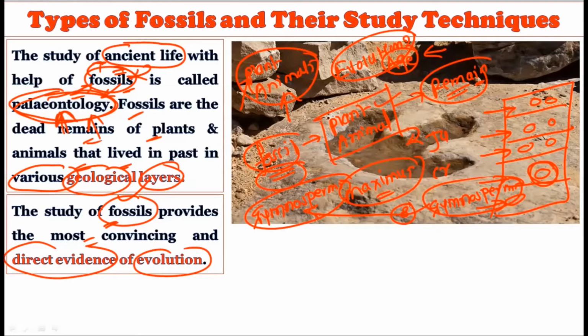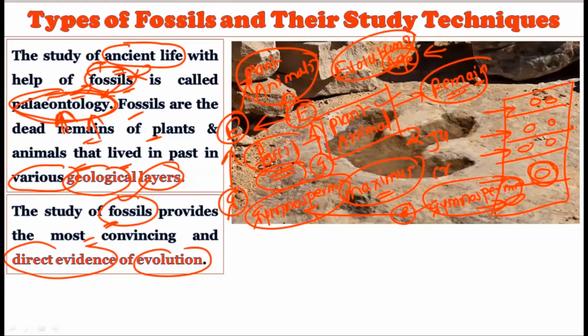And once you compare these two, what will you come to know? You will have the direct evidence of evolution: that earlier this type of gymnosperms was present on Mother Earth, and now this type of gymnosperms is present. At that time such an environment was there, and now we have a different environment today. So this particular environment is supporting a different kind of gymnosperm, and that environment was supporting a different kind of gymnosperm. So through these fossil studies we have the direct evidence of evolution.